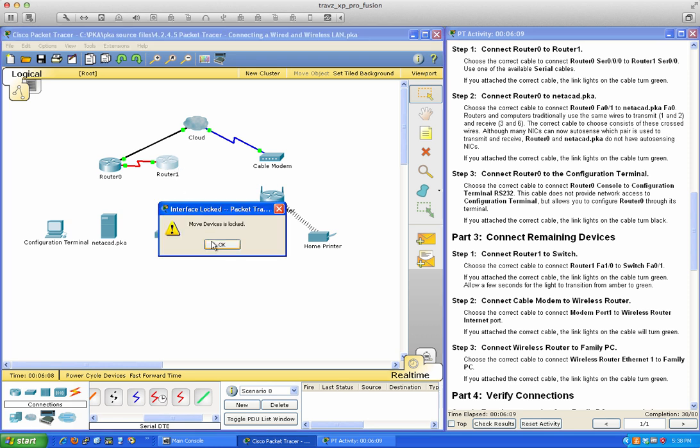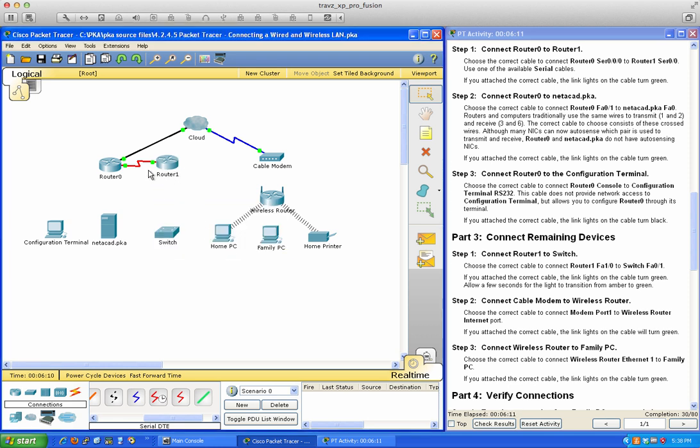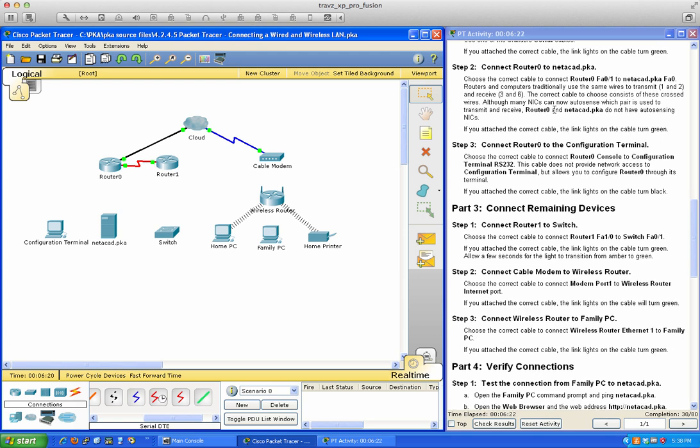As you can see, whoops, unfortunately I'm unable to move the device. I was going to try to clean it up a little bit and move it over here. But these are green, right? And that means that we've got success there. All right, so now connect router 0 to